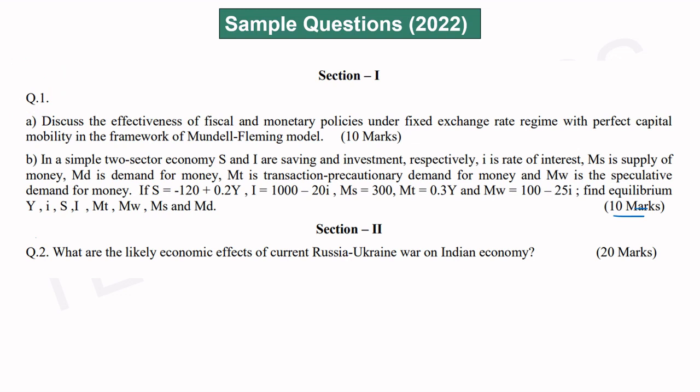You will be able to decide what to write and what not to write. Also notice the portion from which these questions have been asked. For example, this is a clear question from your Mundell-Fleming model, and this is from the ISLM portion. Both these topics were considered to be the most important sections, let's say 1 or 2 years back. And in fact, if you talk to the students appearing that year, you would have known that